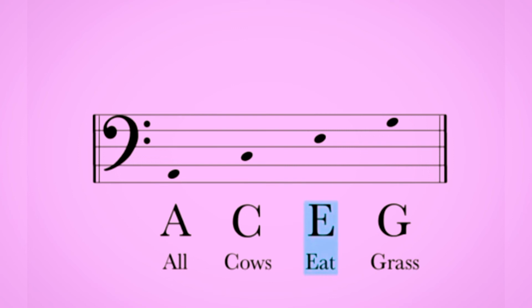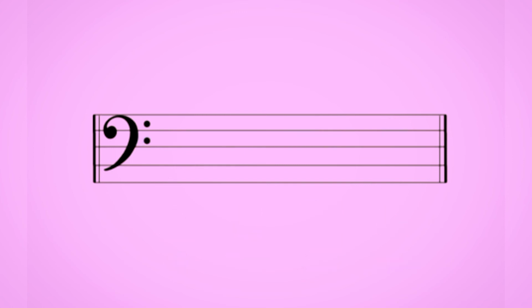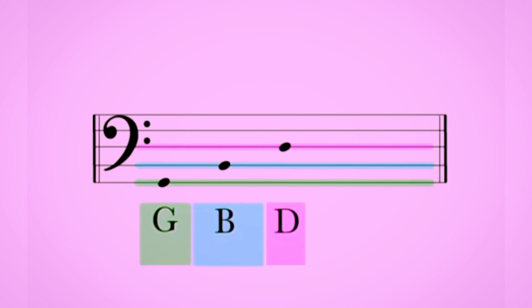Knowing this allows you to immediately recognize that the 3rd space from the bottom is the note E. Eat, E. Finally, the lines of the bass clef from bottom to top, G, B, D, F,